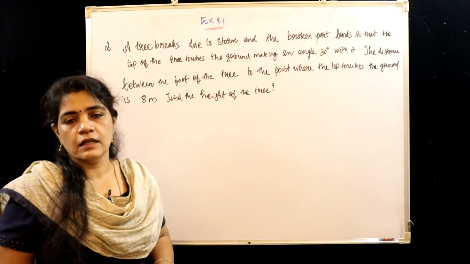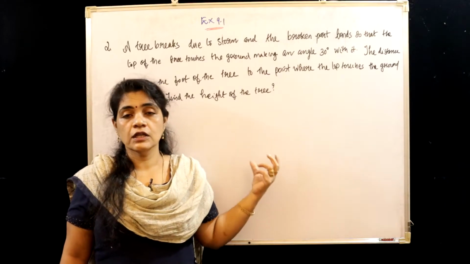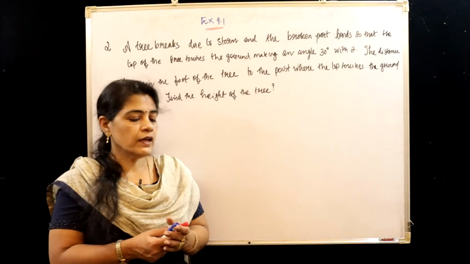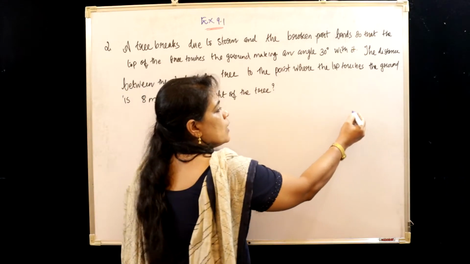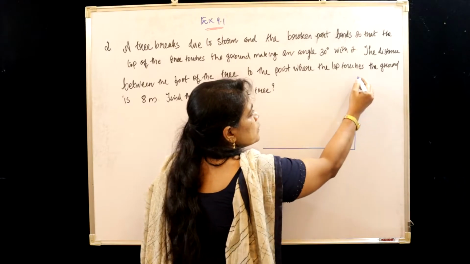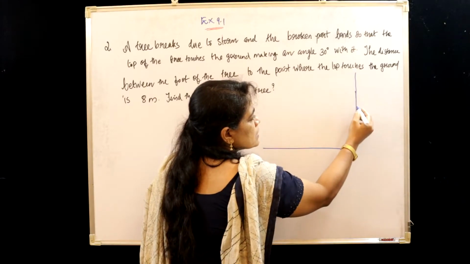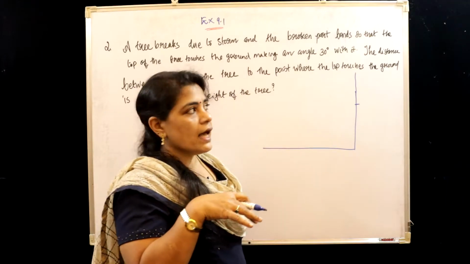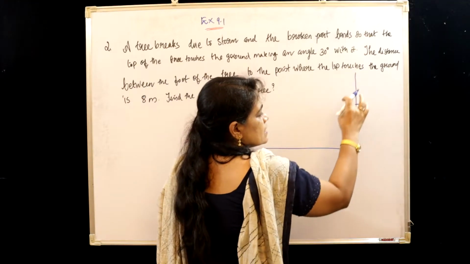Figure is not given, children. We have to draw the figure according to the given question. Very, very important question also. Okay, here we have a tree which is standing on the ground. Okay, and due to storm, suppose from this portion of the tree it breaks, and this portion touches the ground,